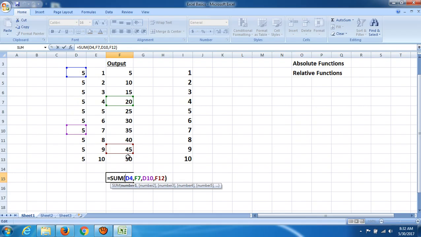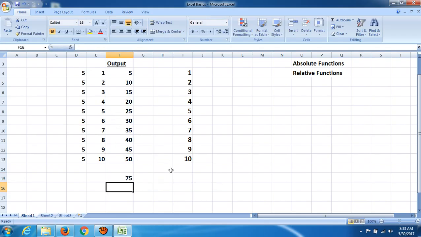To these addresses I want the addition, so I applied the sum function, and these are the addresses separated by commas. You can select as many addresses as you want. Okay, but what if the numbers are in a continuous form? Continuous form means